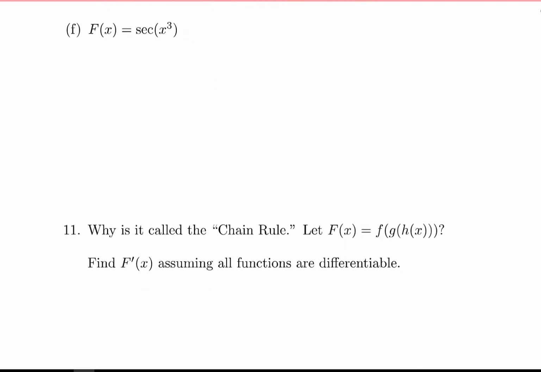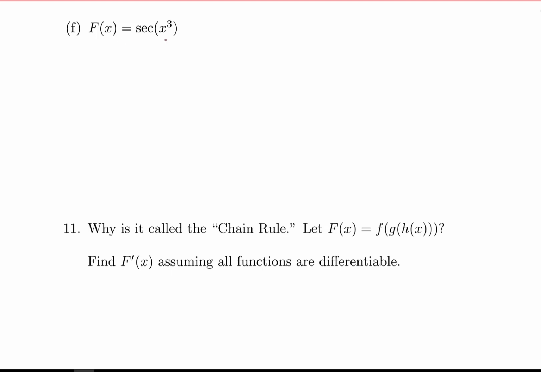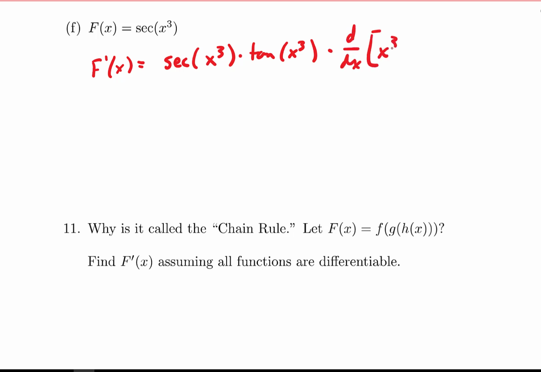Okay. The next one I want to do is capital F of x equals the secant of x quantity cubed. I'm not going to write out the outside and inside functions this time, but I'm going to leave you to think about what they are. So the derivative will be the derivative of the secant of x cubed, or the secant of an expression. What's the derivative of the secant of an expression? It's the secant of that expression times the tangent of that expression, but then by the chain rule, I have to multiply by the derivative of that inside expression. So this gives me, and here I'll just go ahead and take the derivative and rewrite it all in one step,